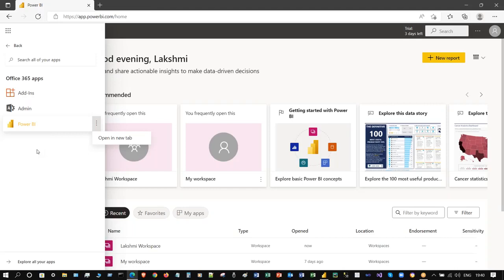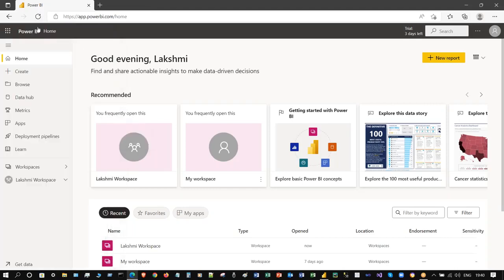Next is Power BI. Power BI is also included in Office 365, which I've already explained to you. Here in the Power BI home page,